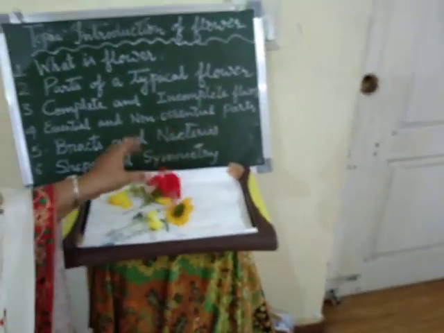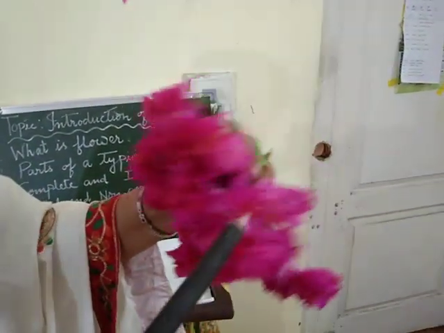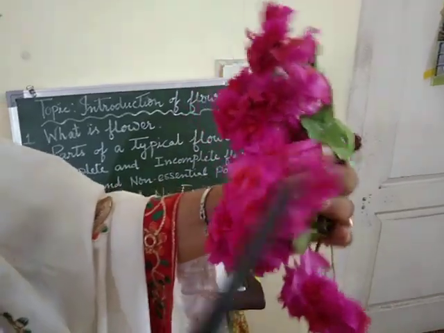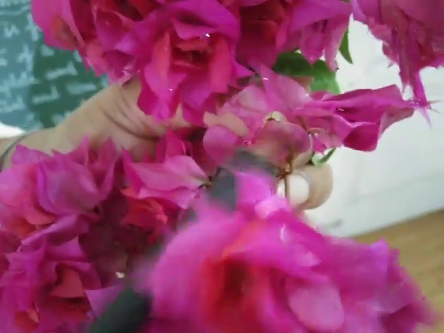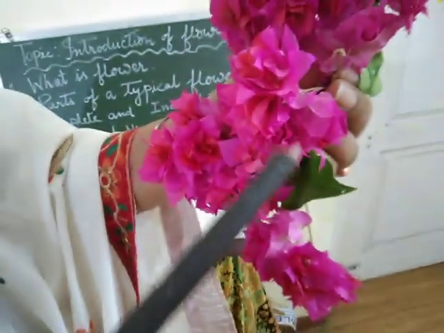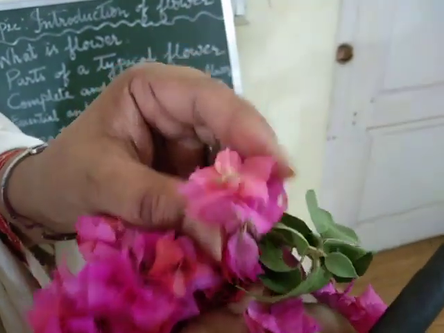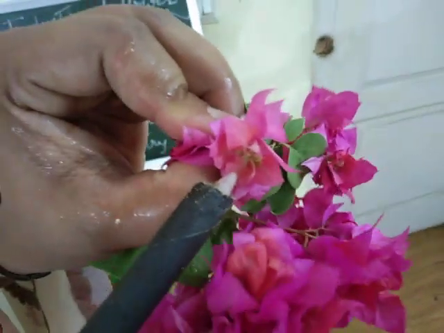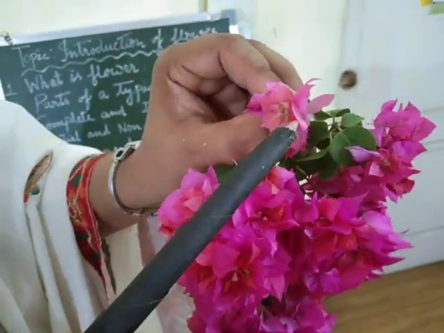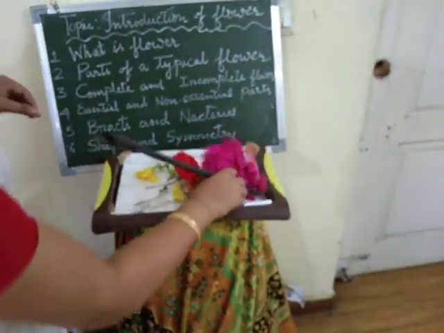I will show you with the help of one example. This is a common flower we can see, and see here the flower is very small. You can see the white portion, this is the flower, and these are the bracts. This pink color, these are the bracts of the flower. I'll show you. See, this portion is the flower. The flower is very small, but the bracts are very bright and larger than the flower. Okay, so these are the bracts of the flower.